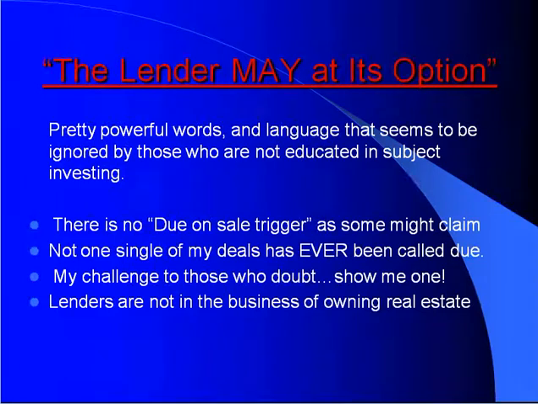So then I talked to the person who started it and said, show me this loan that you had called due. And you know what happened? It was a non-performing loan. It had nothing to do with the fact that she had bought it subject to. It had everything to do with the fact that she stopped making the payments, and the seller called Countrywide and said, quit bugging me, I don't own it anymore. And they called the loan due. But of course that part was conveniently left out of the real estate discussion forums.